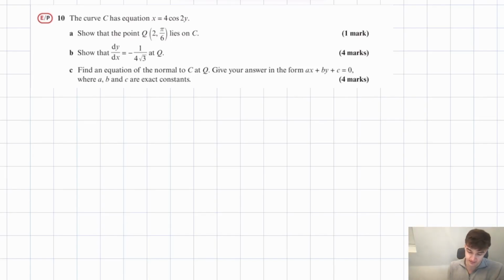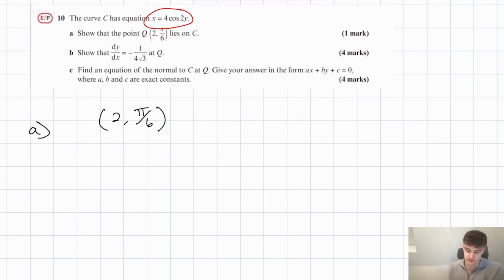So, okay, what have we got in this question? We've got 9 marks in total here. So the curve C has equation x is equal to 4 cos of 2y. Okay, so it's given us, again, x in terms of y rather than the other way around. It wants us to first show that a point lies on C. Okay, so that's pretty straightforward. If this point